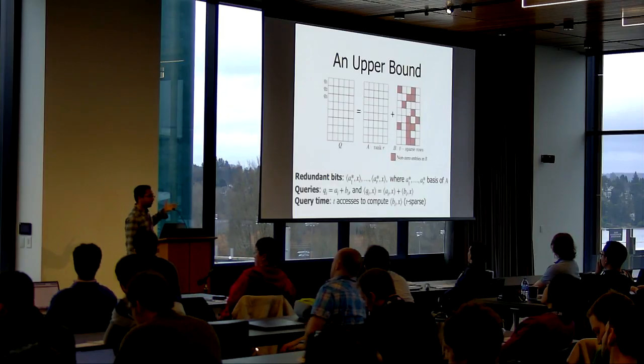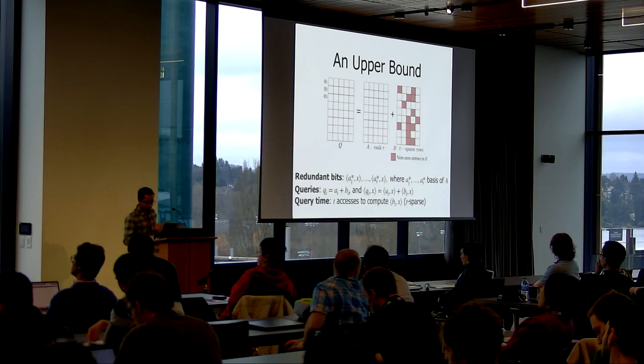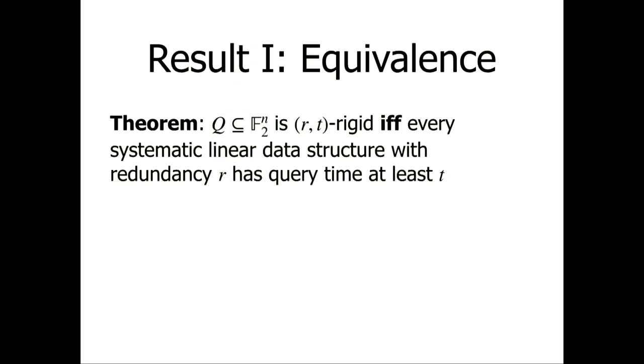So this already tells you that if you have a matrix that's not rigid, then you get efficient upper bounds. Okay, and we also prove the other direction holds, and we get the equivalence that if the set is RT rigid, then every systematic linear data structure with redundancy R must have query time